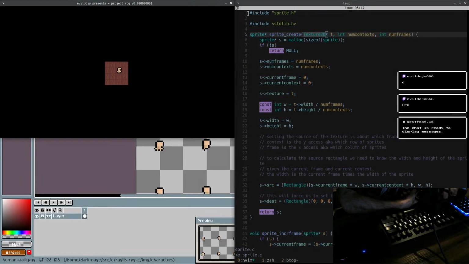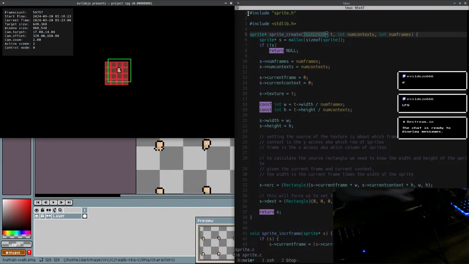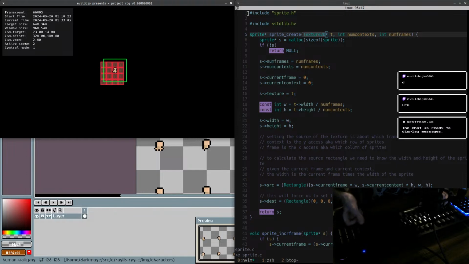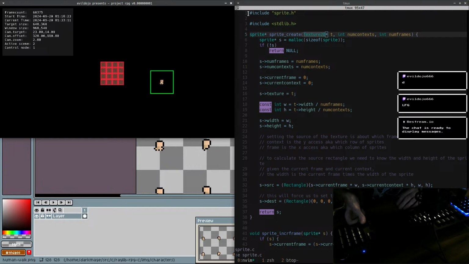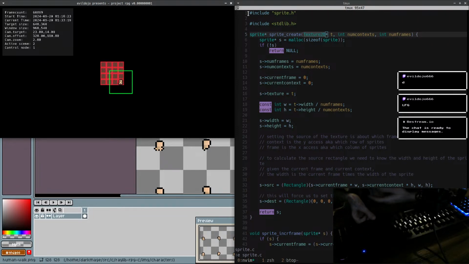So we've got our dude chilling in this flatland dungeon that I'm able to totally walk outside of. We're still a bit of a ways from being able to handle proper, what you would call collision detection, although collision detection is not the right term that we should be using for that. What it really is, is that instead of hard moving the sprite